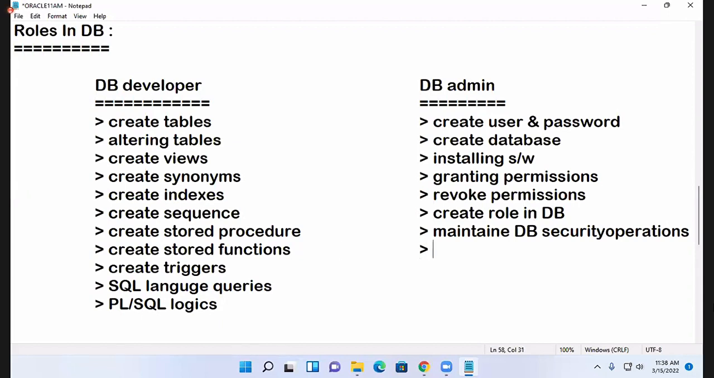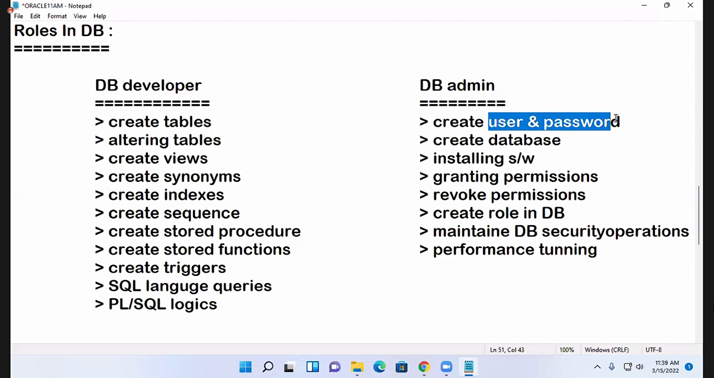And he is the person who will go for performance tuning. So this kind of information will be managed by your database administrators. What does the database admin role mean? Whenever you need new users, they can create users and passwords. Because I said to you yesterday, when you want to access your database tables data,